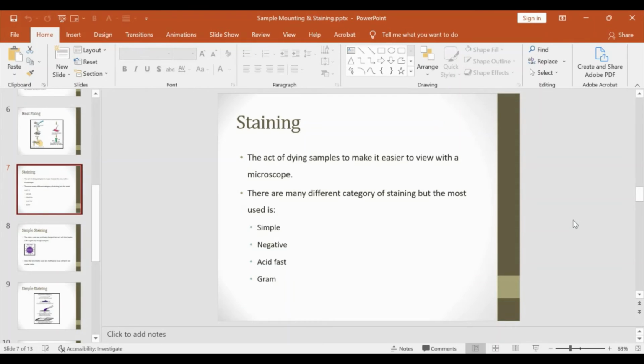Part of our practical class, which is staining. If in the previous lecture we learned how to put a microbiology sample on top of a slide,